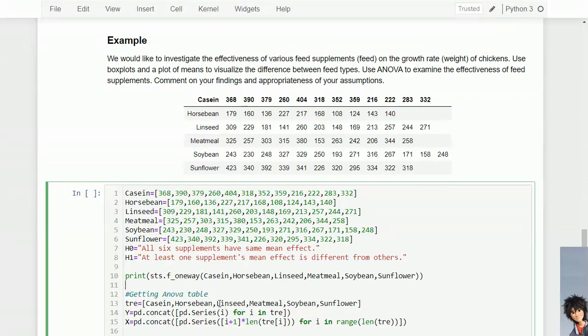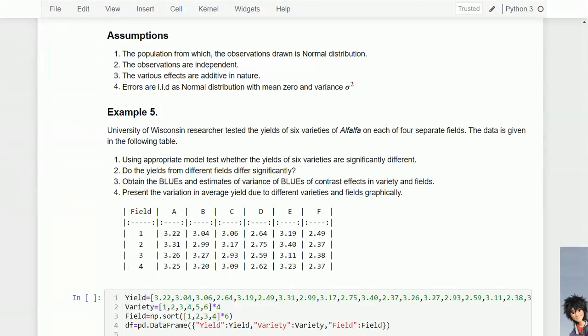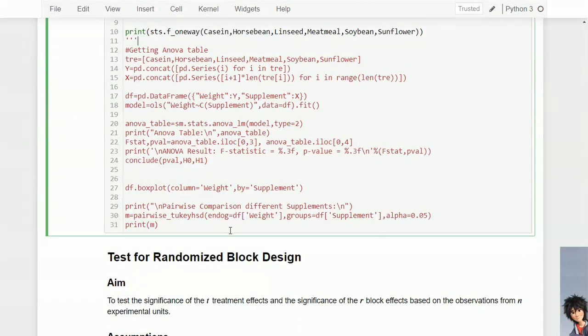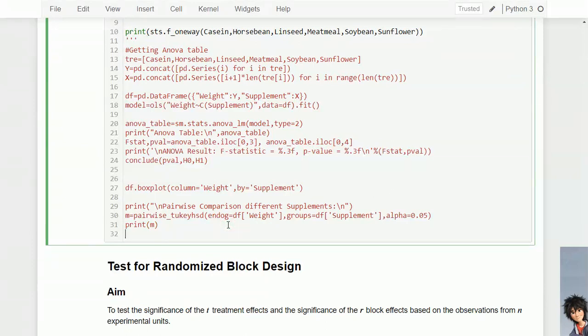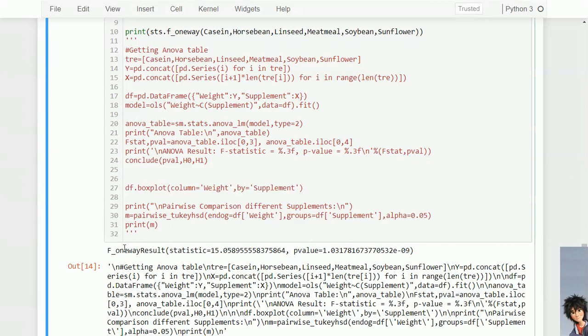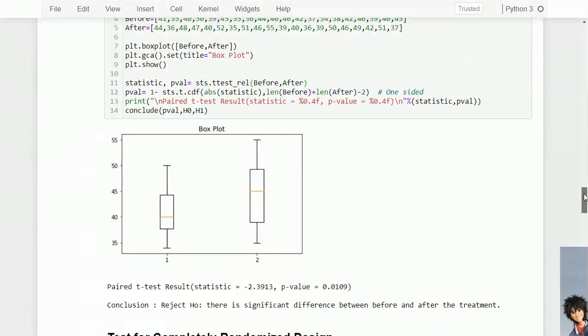But what's the drawback of this? Actually, this only runs f_oneway. It provides the F statistic, obviously, and the p-value. But we didn't get any ANOVA table here. So for the ANOVA table, we have to move to statsmodels.